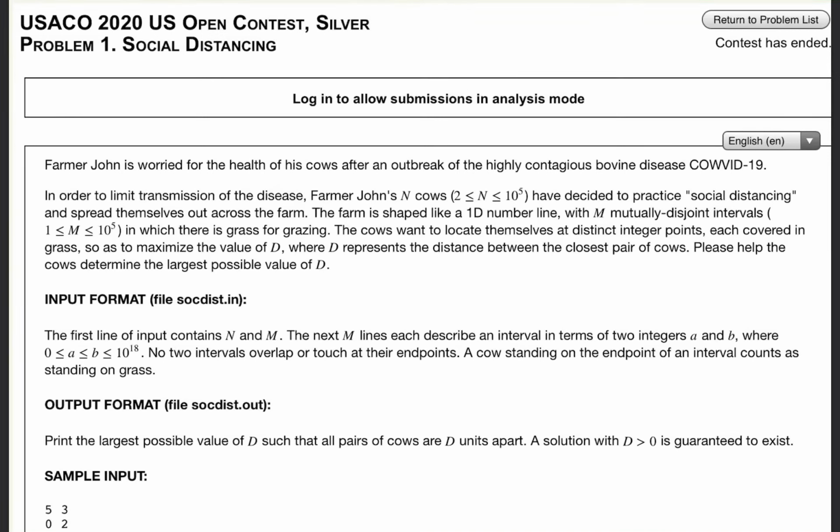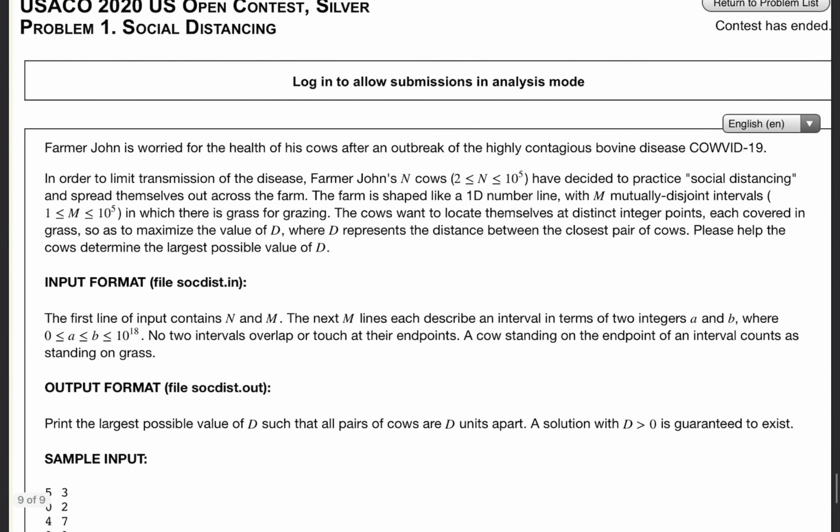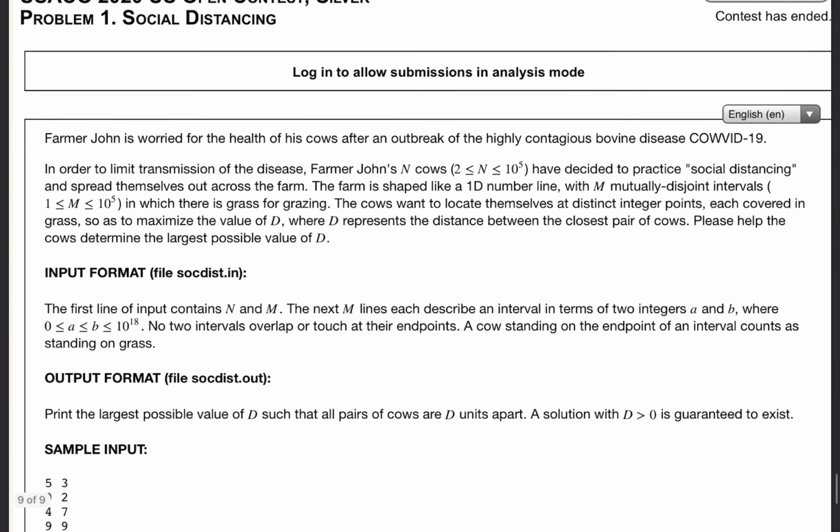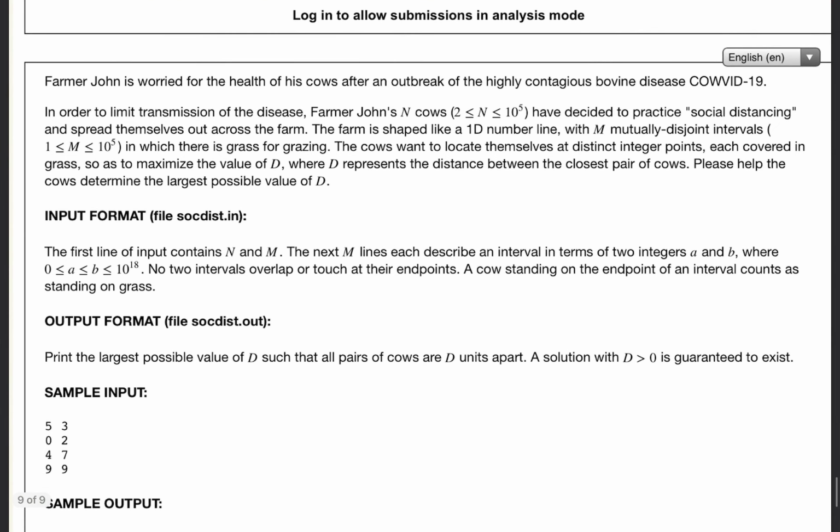This is USACO 2020 US Open Contest Silver, Problem 1, Social Distancing. Farmer John is worried for the health of his cows after an outbreak of the highly contagious bovine disease, COVID-19. In order to limit transmission of the disease, Farmer John's N cows, where N is greater than or equal to 2 and less than or equal to 10 to the power 5, have decided to practice social distancing and spread themselves